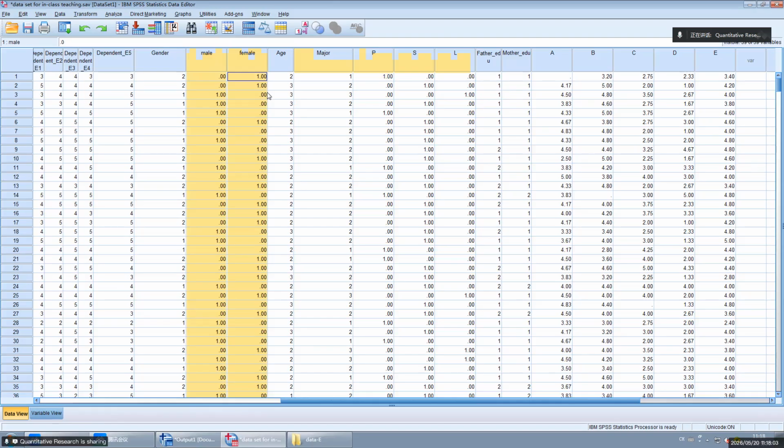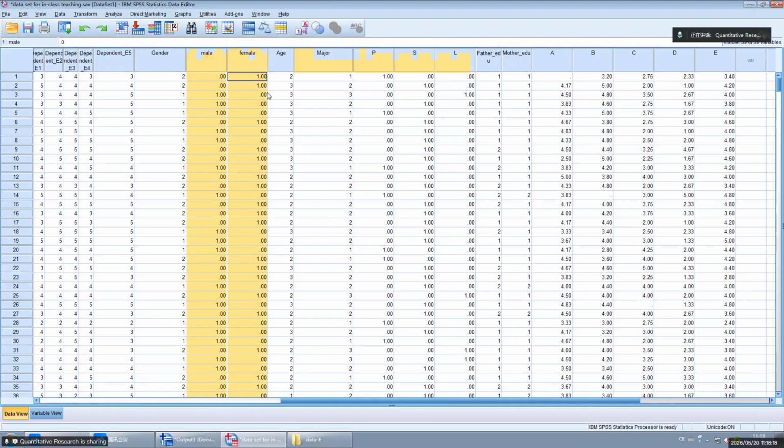Which is more suitable for reference? Social science, right? Because physics, engineering, life science, they are all natural science.